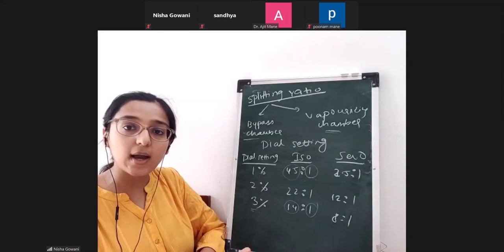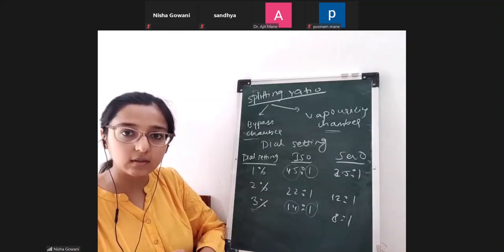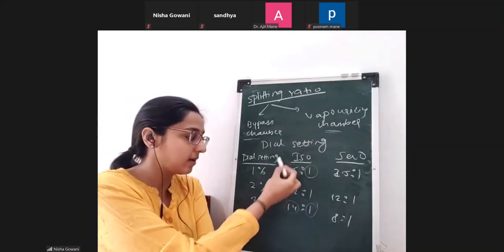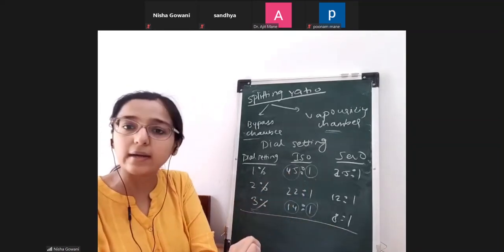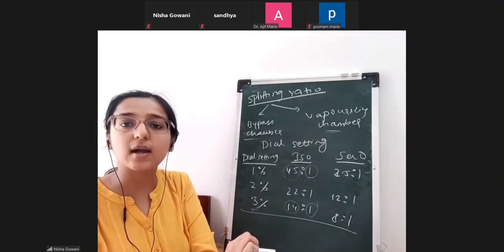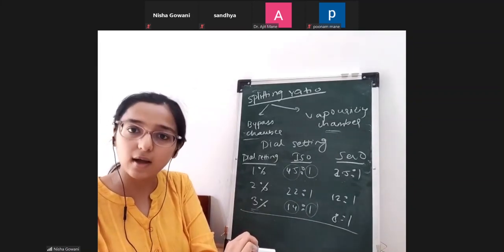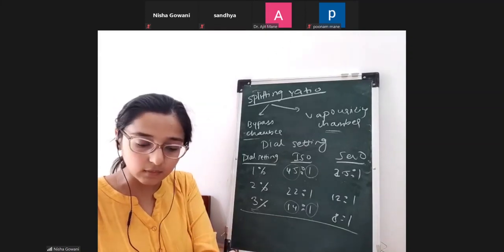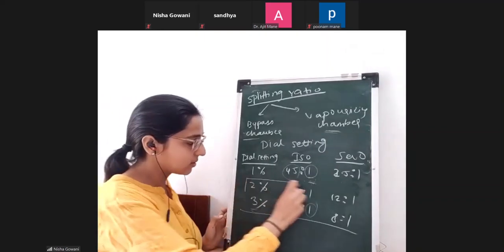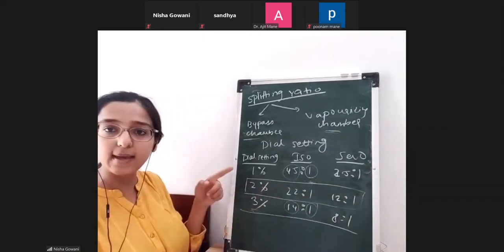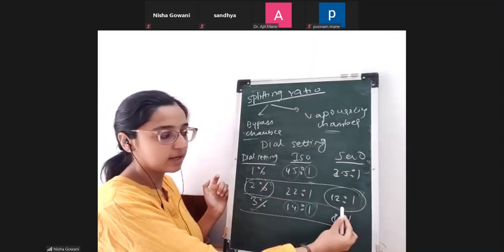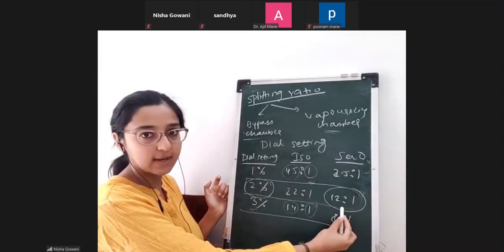Splitting ratio. Now I told you all the vaporizers are calibrated at 1 atmosphere and 20 degrees Celsius, right? So these splitting ratio values are obtained for 1 atmosphere and 20 degrees Celsius, in consideration that we want to use the vaporizer at sea level. All right. Remember this value. I'm going to explain it to you now.